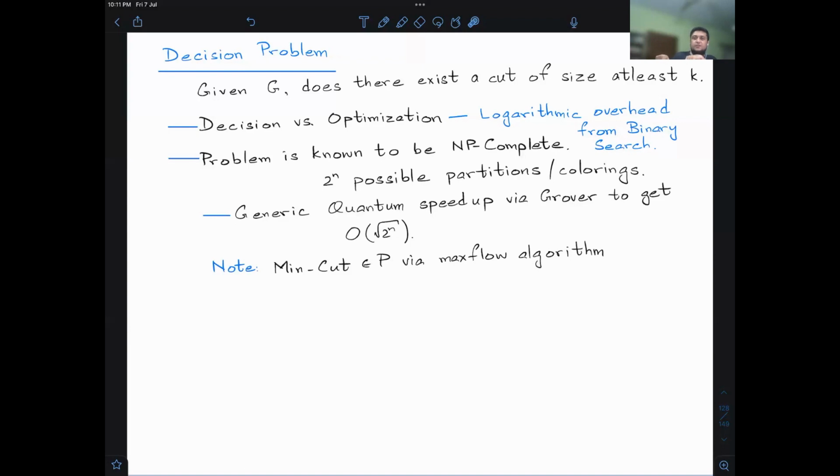And so that binary search that I will have to do to figure out the maximum k is the overhead that I have in the decision problem in order to solve the optimization variant of it. The decision problem isn't giving you the optimality right away, right? Decision problem is just you asking, hey, do I have a cut of size, some constant k? The answer will come out yes or no. And then you can do a binary search on the size of k to identify the optimal or the maximum k. Binary search, I think I've got a nice slide later on that will hopefully explain it,